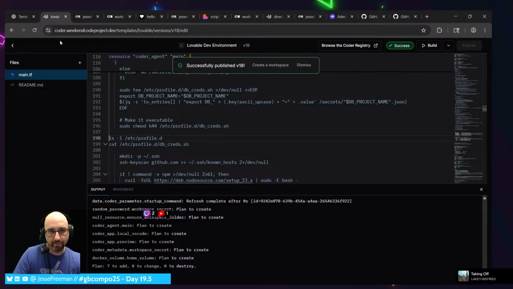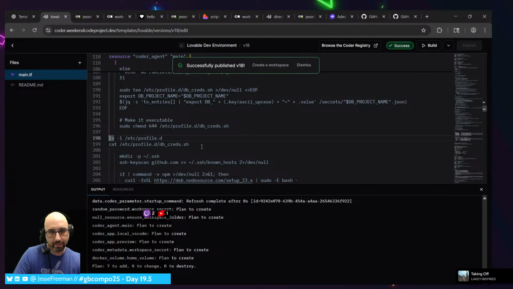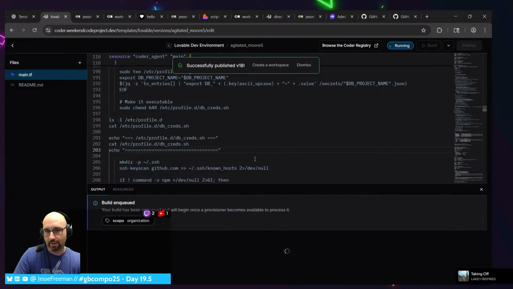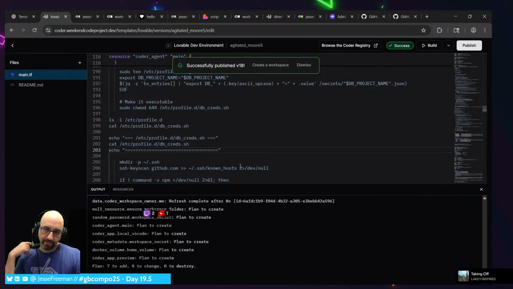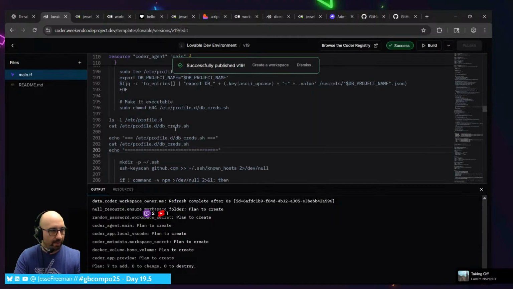Whatever, just make this here. And then we'll just echo this out and see if this gives us the... So theoretically, what I need to do is test, I need to figure out why the DB underscore creds is not being written. So let's publish this v19.